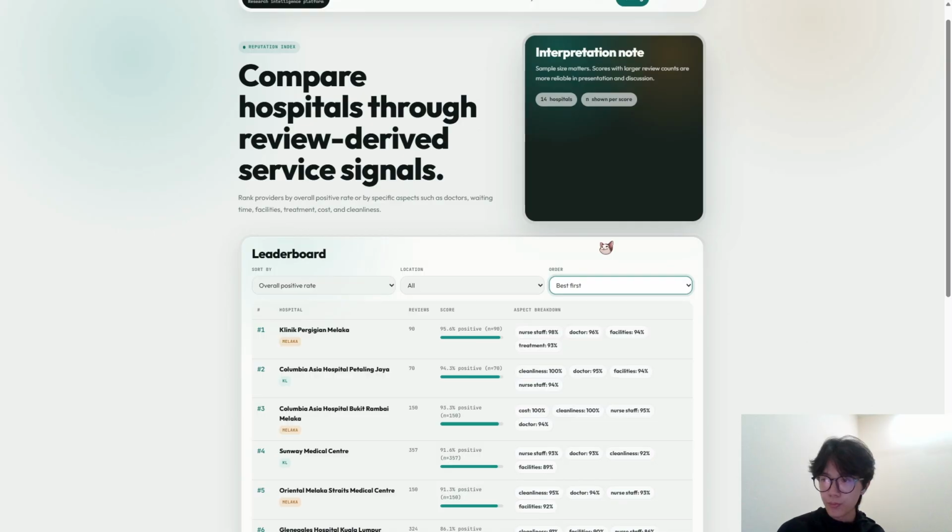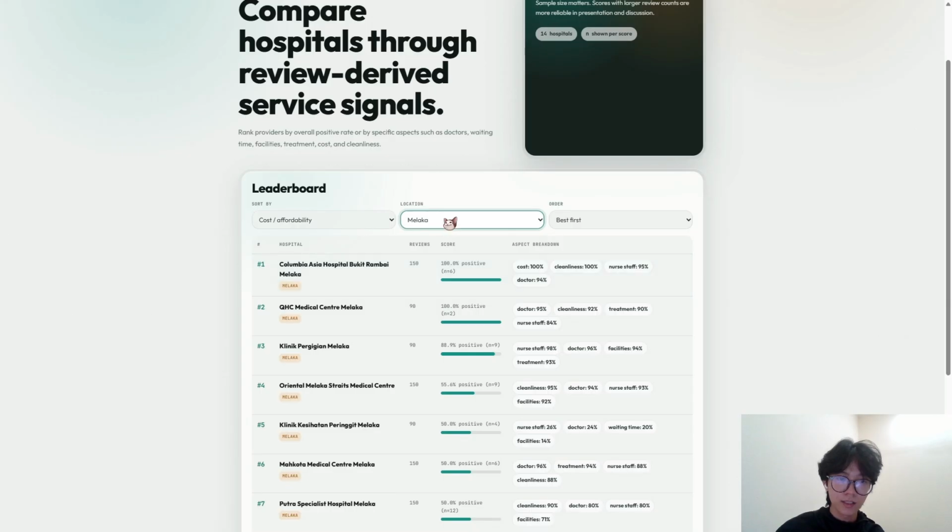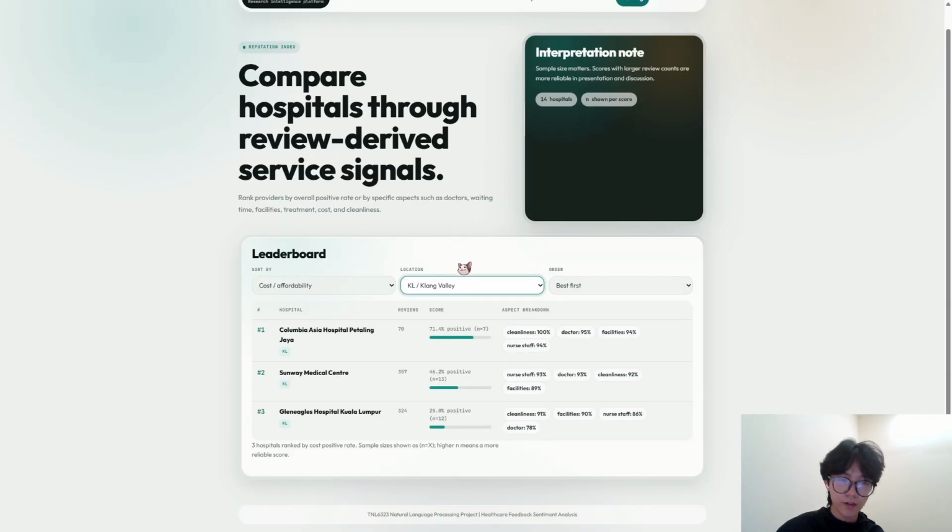I'll show you our ranking page, a hospital reputation leaderboard. I can sort by overall sentiment or by any of the 7 aspects, such as doctors, facilities, and costs. We can also let the user filter the locations, and we have 2 selections: one is Melaka and the second is KL and the Klang areas. Also, the user can choose the order, so we can choose the best or worst